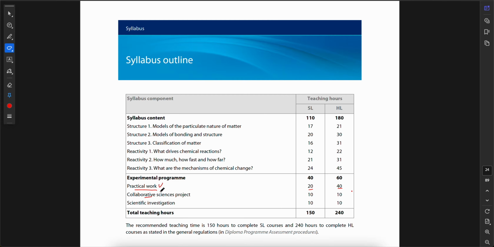It has practical work, 20 hours. Basically this is the experiment, and then 40 hours for HL, 20 hours for SL. In the collaborative science project, this is basically group 4, and scientific investigation, it's the IA. All right,